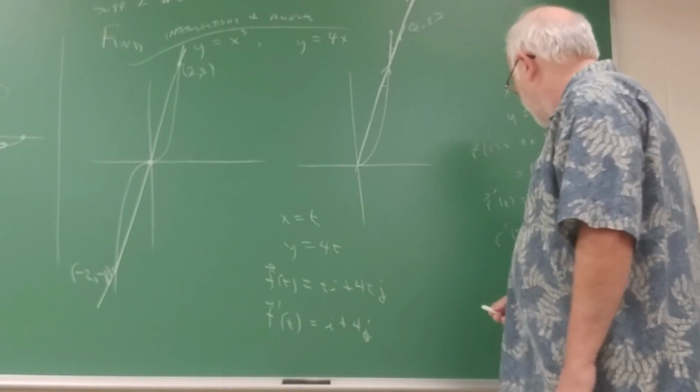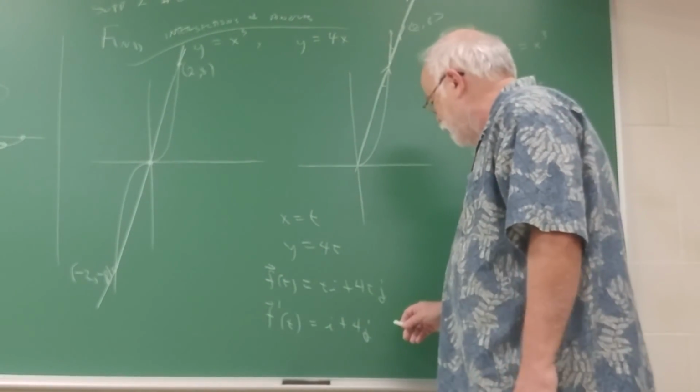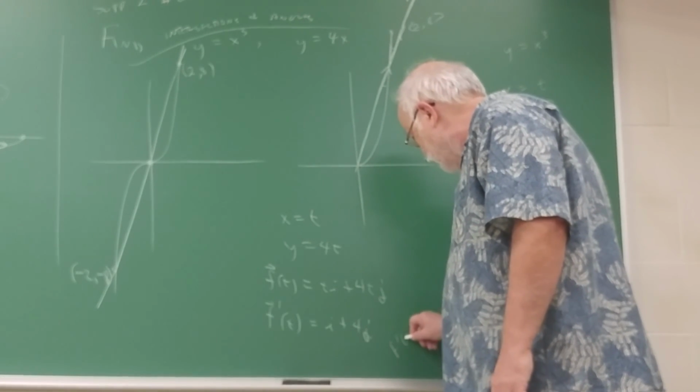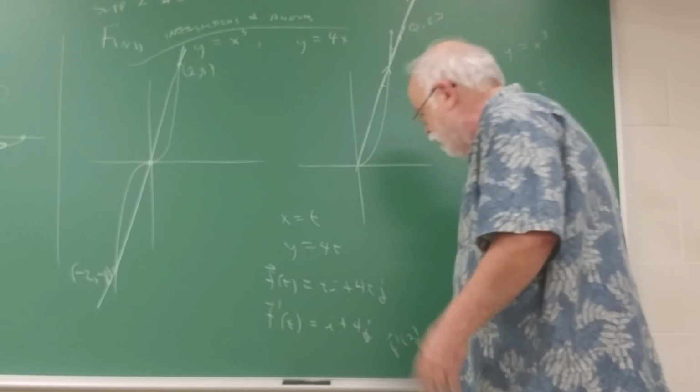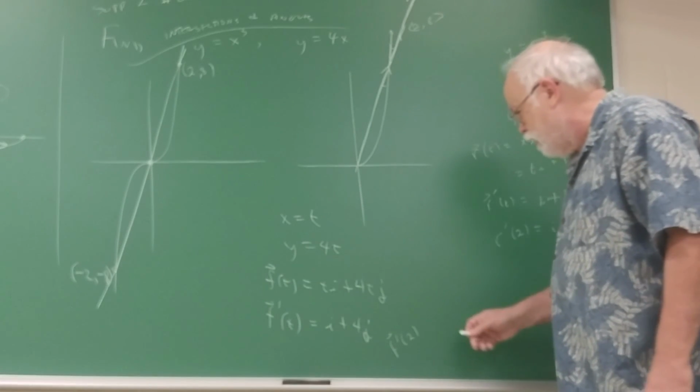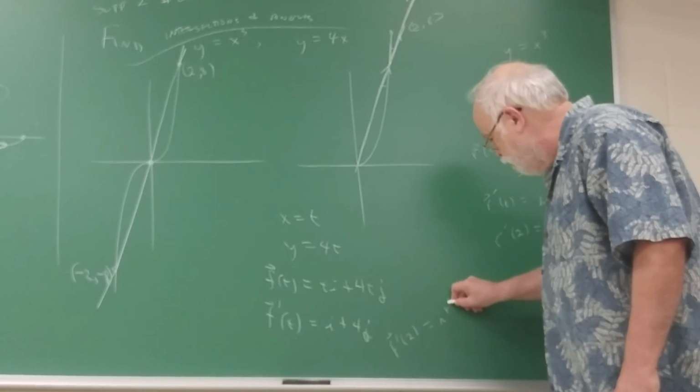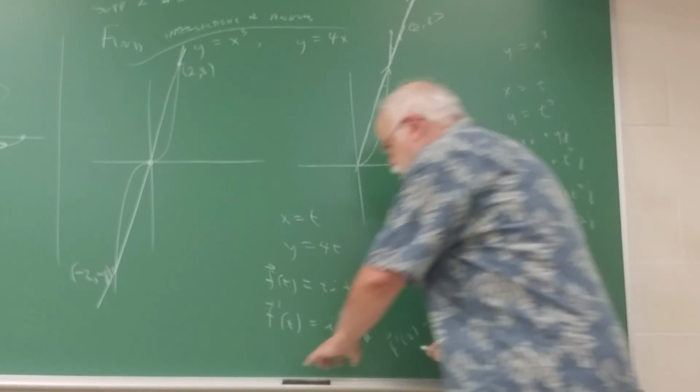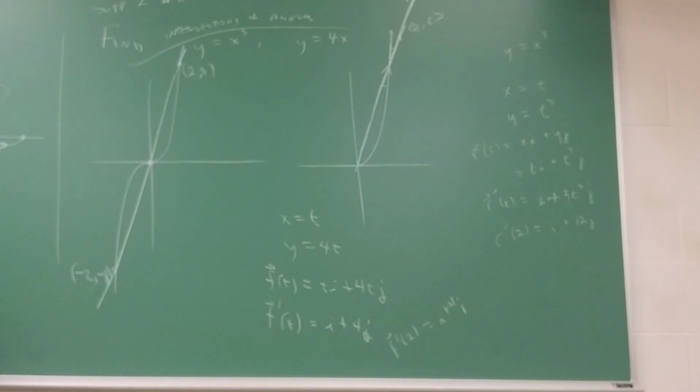All right. So anyway, let's get the job done here. And again, I might as well say, okay, I'm going to do f prime at 2. But if I wanted to do f prime at 17, that would have been all right also. i plus 4j. And again, let me emphasize one more time, it was okay to use